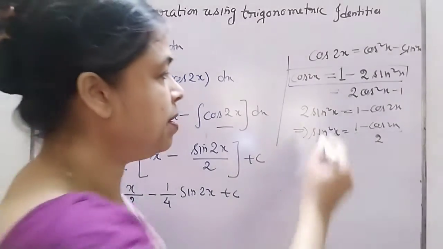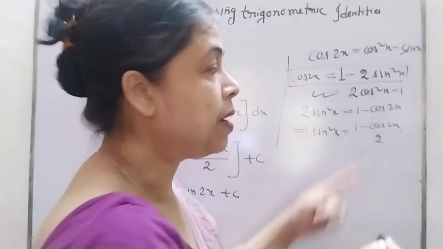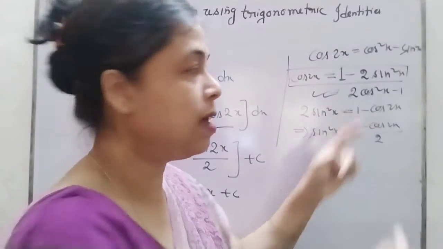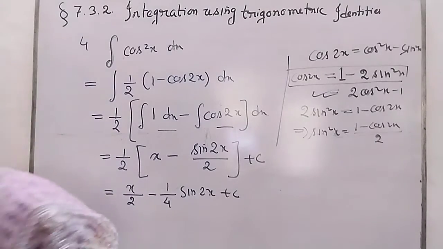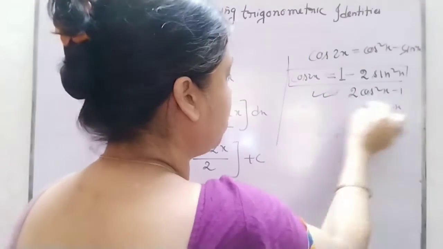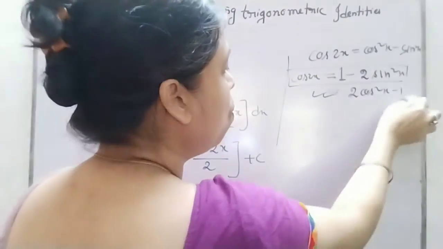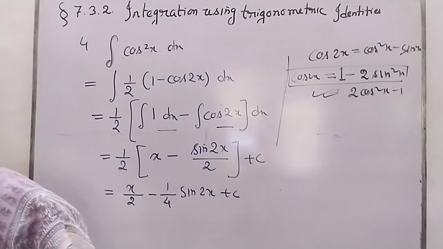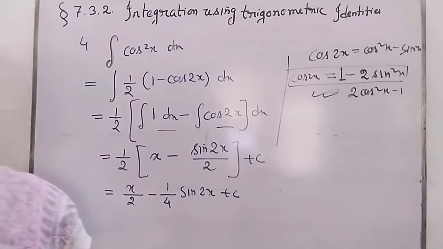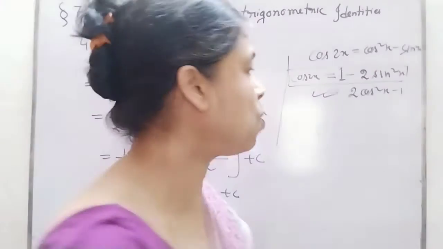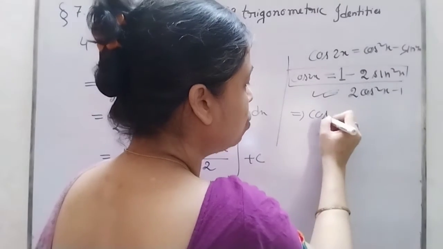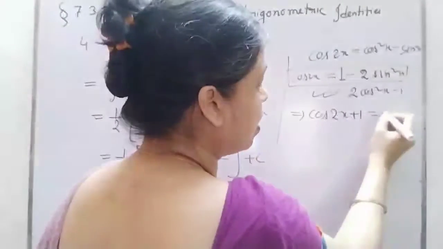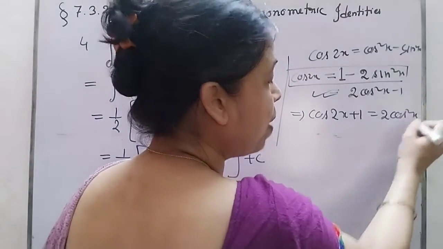Now you see from here, if I use this formula, then what is the value of cos twice x we will get? Forget about these things now, I don't require these things. These are not required because you have to convert it in terms of sine when the sine formula is there. But now I have cos square x. So you try to convert in terms of cos. I have to bring this one to the left side, sorry. So it will become cos twice x plus 1 equal to 2 cos square x.